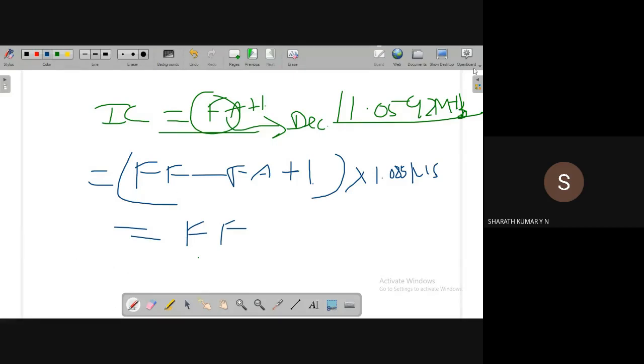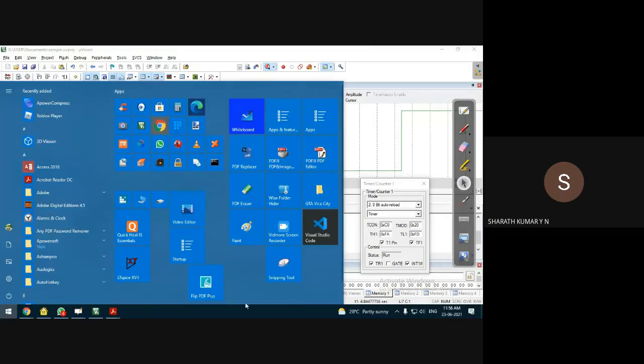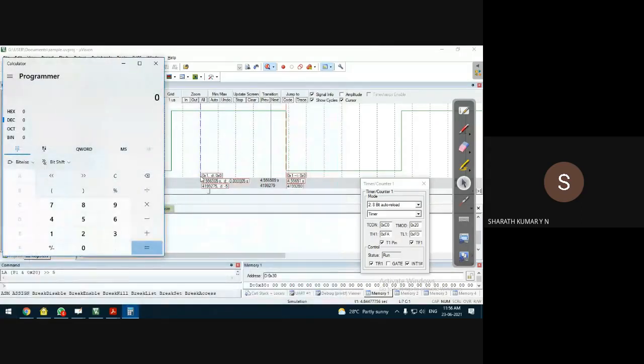Yes, let me open the calculator. In the calculator, we can find out the value. I didn't get the scientific calculator. Okay, no problem. We are doing the hexadecimal subtraction, FF minus FF minus FA.